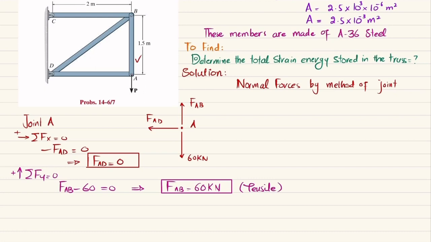Now we will apply the same for joint B. So let me draw joint B. You can see this is the joint B. Due to this load, this member AB will extend. So this member AB will exert force FAB in this direction at joint B, and this FCB will apply force